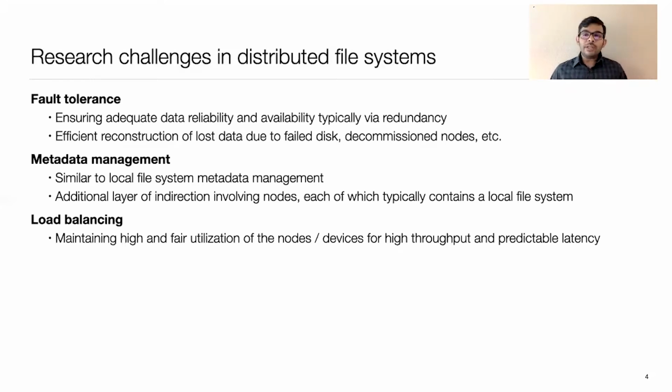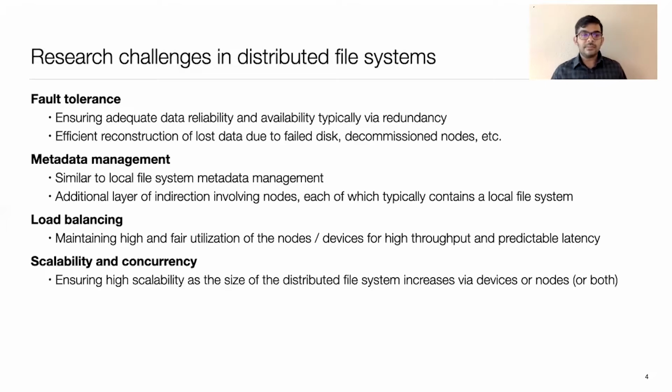We also have to worry about load balancing. For example, if all your data is funneled to a small fraction of devices or servers, those devices or servers can get hotspotted, and they can lead to large tail latencies or generally large latencies, and that might not be acceptable in efficiently running a distributed file system. So the load must be evenly balanced such that the reads and writes take place in a fairly even manner across all the participating nodes and devices.